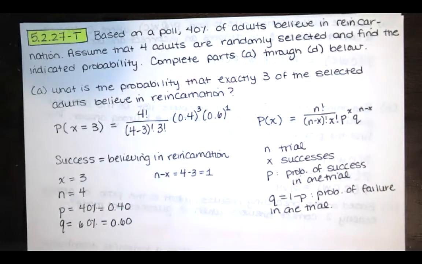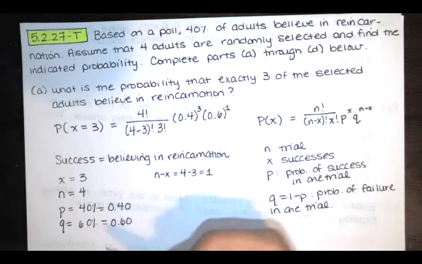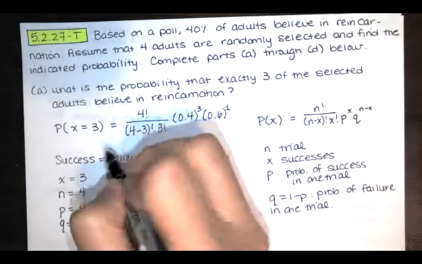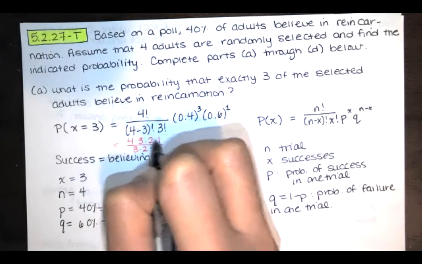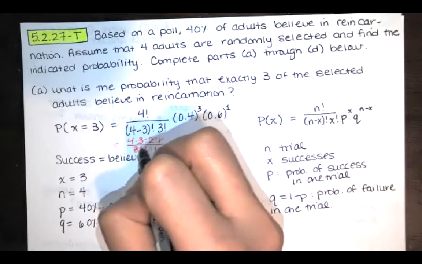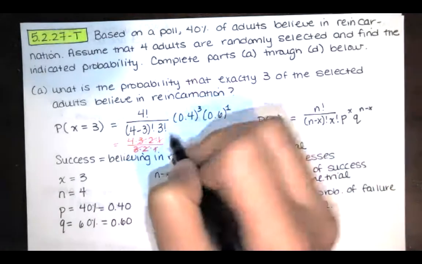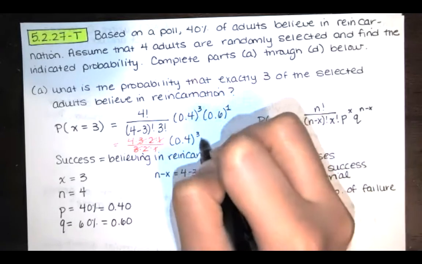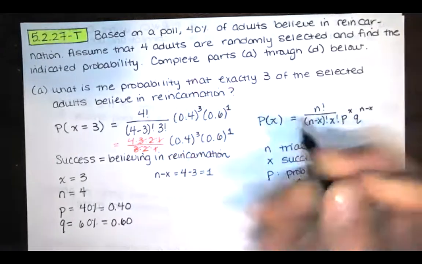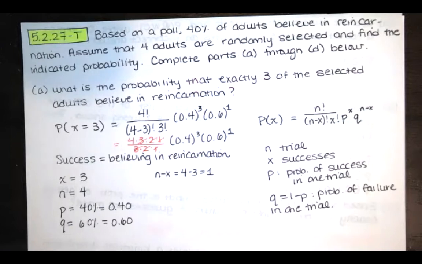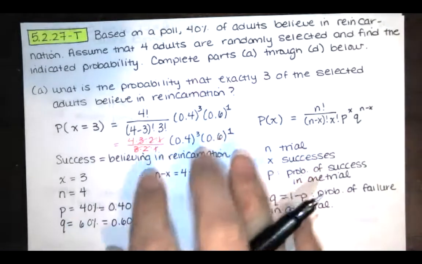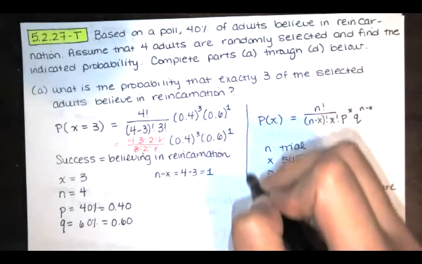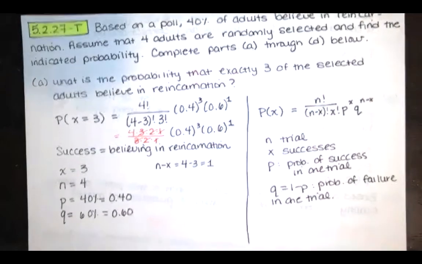Now if we work all of that out, this ends up being 1 factorial, which is 1, 4 factorial, you know that's 4 times 3 times 2 times 1 over 3 times 2 times 1 here. So 3 times 2 times 1 reduces and you just get 4. So we have 4 times this 0.4 cubed times 0.6 raised to the first. Now if you're wondering, why is it 4 times that? Well, it stems from this formula, and I'd like to talk more about where this formula comes from.